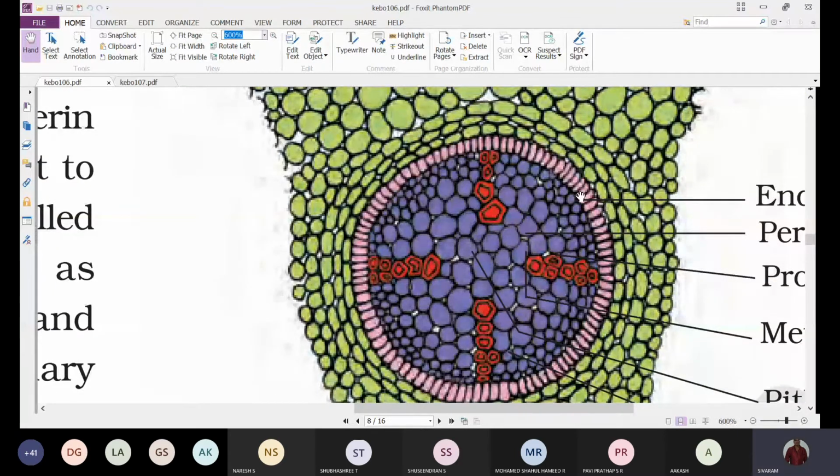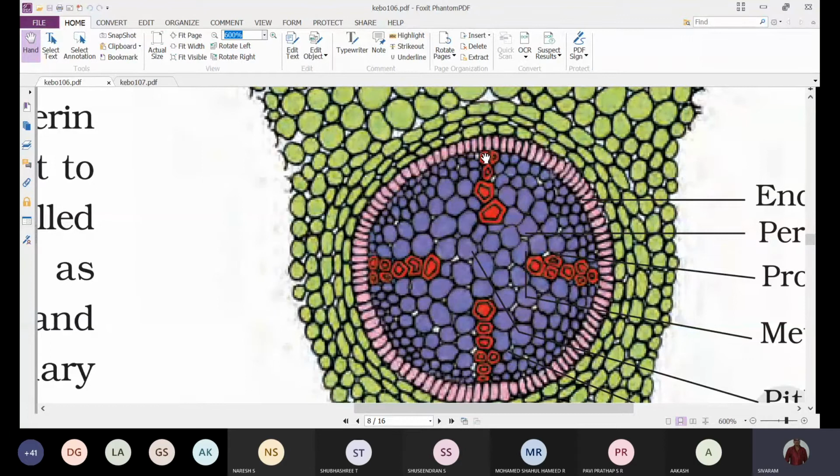Okay, we can see here, this is the xylem, and in this region we'll find the passage cells, through which the water will enter into the inner parts and into the xylem. In roots we find exarch xylem, with protoxylem towards the outer side and metaxylem towards the inner side. Adjacent to the protoxylem, the endodermis consists of passage cells.